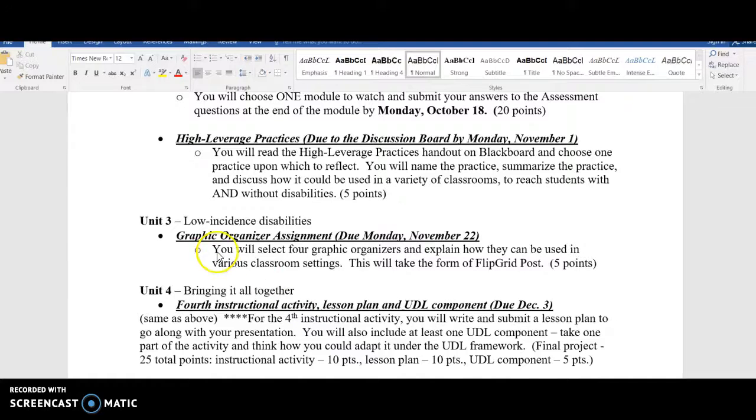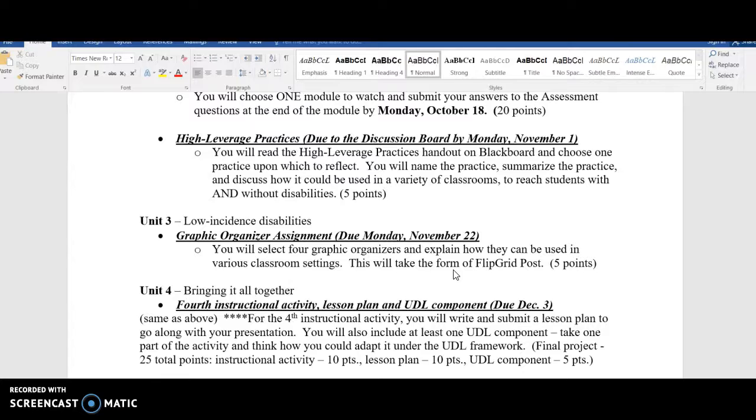So you will have a graphic organizer assignment. You're going to select 4 different graphic organizers and explain how they can be used in various classroom settings. The only one you cannot use, I'm going to tell you this now, is a KWL chart, what I know, what I want to know, what I learned, because that is the example that I will share with you. So any graphic organizers that you've used, that you've seen in some of your classrooms,